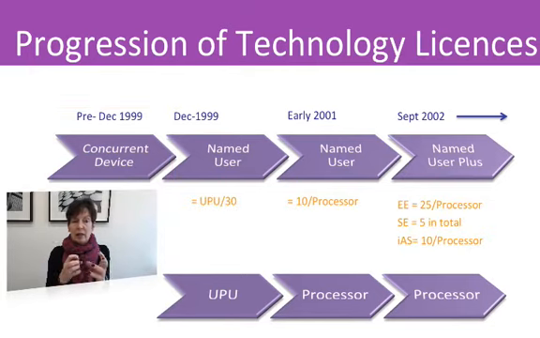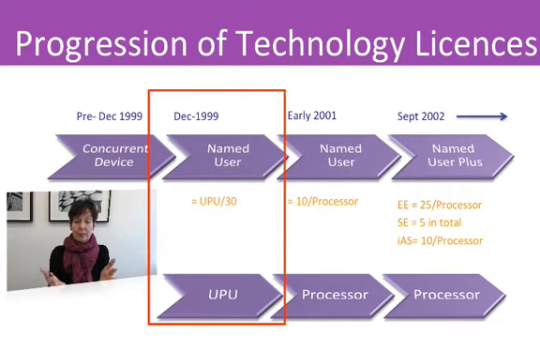Around the late 90s, the internet was much more popular. People were starting to use systems in more of a client-server mode. And Oracle decided it would be better if they could either count the users who were authorized to use the system or count the size of the system. So they came up with these new metrics that replaced concurrent devices. However, people who had already got concurrent devices, because they're perpetual licenses, would still have had those in place.